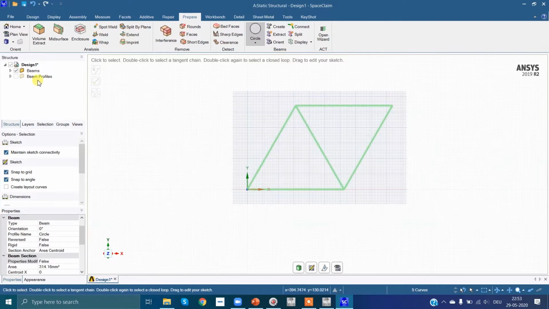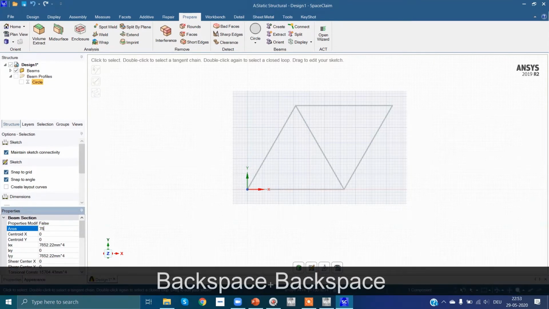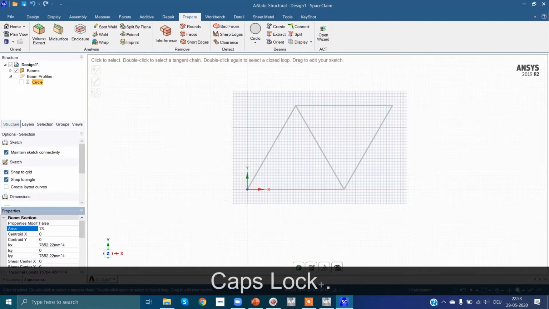You can see here, a beam profile has been created and this profile has been assigned to all these 4 lines. Now we will go to the beam profile, then select circle, and here just enter the area 78.5. Enter.